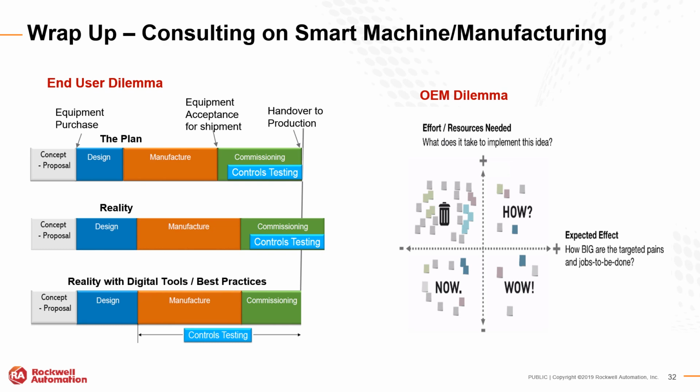Now that we had a brief introduction to GuardLink and Rockwell's integrated safety solution using EtherNet/IP, let me wrap up this presentation by expanding on a statement I made at the beginning of the seminar. Optimizing both safety and productivity transforms production and realizes cost savings with the help of integrated and smart safety solutions from Rockwell Automation. Our portfolio of machine safety solutions can help you create smart machines that are compliant and data-rich to help improve uptime,